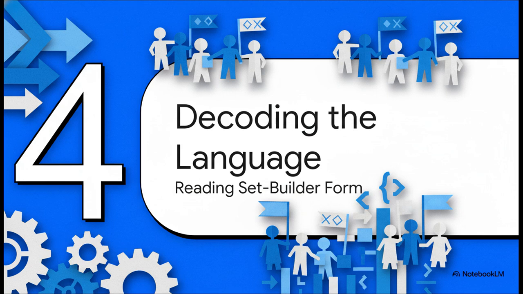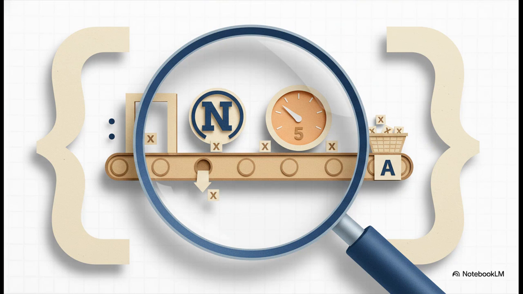All right, now for the indirect attack, which is officially called set builder form. I know, at first glance, this can look like some kind of complex computer code. But trust me, it's not. It's just a really, really precise sentence that lays out the rules for who gets into the club. Okay, so remember that set from before, A = {1, 2, 3, 4, 5}? Well, in set builder form, it looks like this. Yeah, I see it, but don't panic. We're going to break this down symbol by symbol. It's easier than it looks.